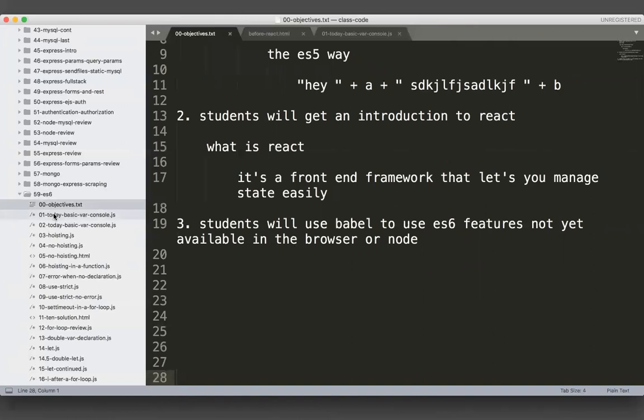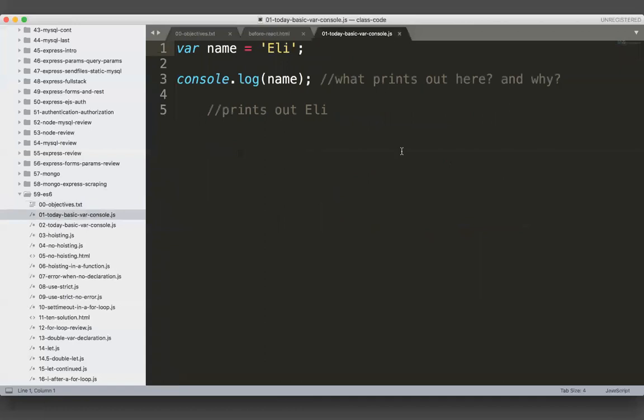So, do you guys have the zip folder unzipped? I'm going to go ahead and open up the first thing right here, and let's go to